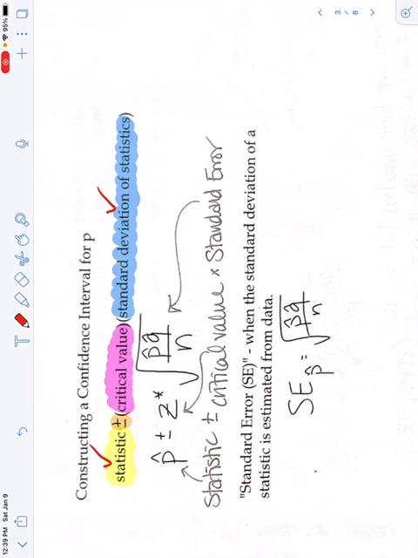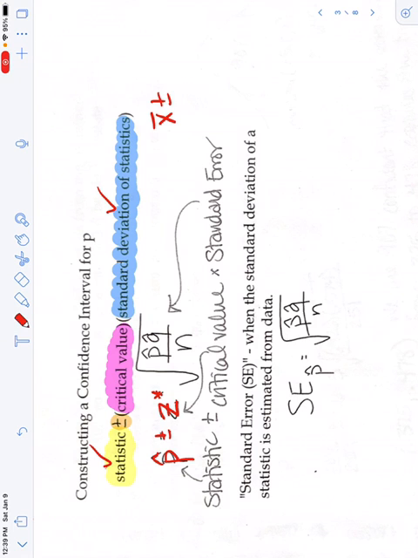Okay, so my statistic for these are going to be p hats. In 8.3, it's going to be x bar. And then plus or minus, there's your plus or minus. And then the critical value is z star. And that's how you say it. That's his name. His name is z star. And that's how you're going to write it. And I'm going to tell you how to find him. And then the standard deviation of the statistic,